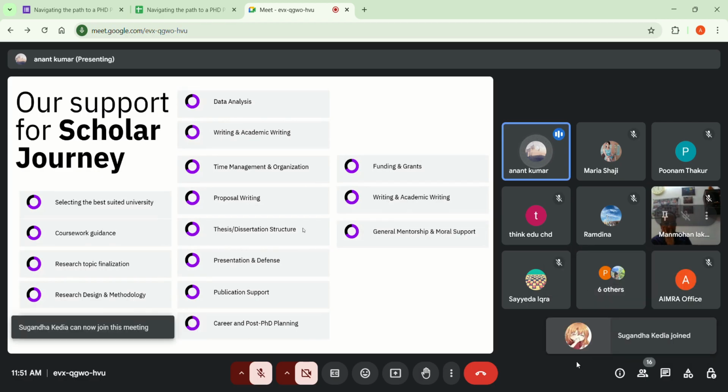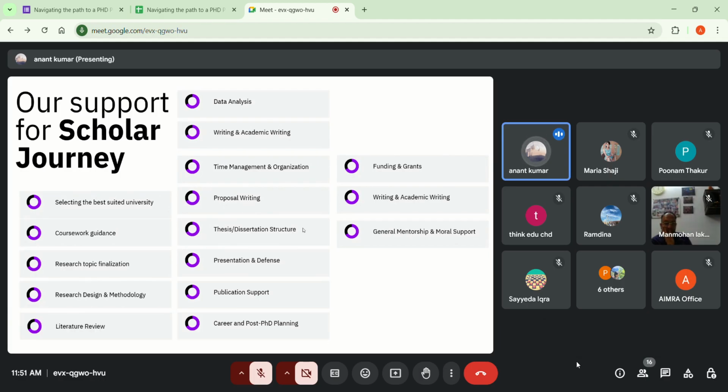We'll keep on guiding you on research design and methodology, literature review, data analysis, and academic writing. Time management is very important. We'll keep on pinging you from time to time on completing the tasks, and support you with proposal writing, presentations, and publications. If you want publication support, for example, if you want a Scopus journal or Ezelweiss journal or something like that, we'll do that.